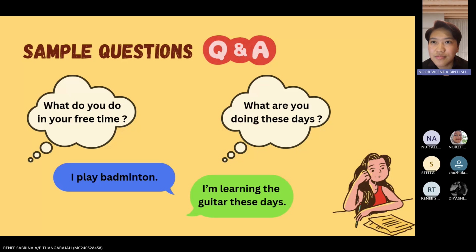Okay, when you practice with your partner, try to use both tenses correctly. Don't just focus on grammar. Really try to express yourself. Using both present simple and present continuous will make your English sound more natural, just like how people really talk in everyday life. It's okay to make mistakes. This activity is for learning, not for being perfect.